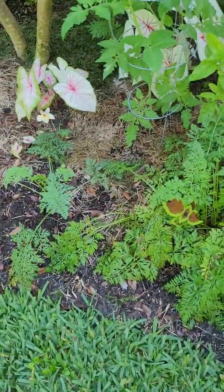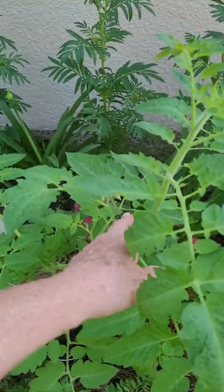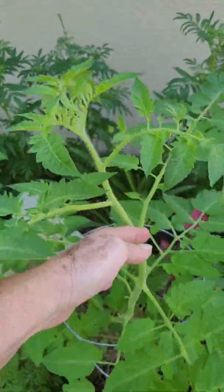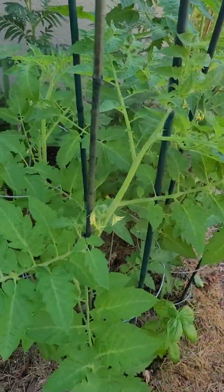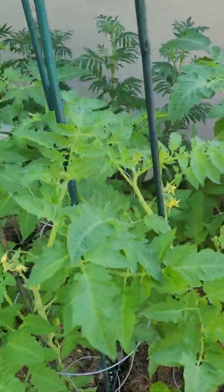And the carrots are all growing nicely. I just did a tour back here last week, but I've gotten so much more growth in, I mean, goodness, in just a week's time. It's incredible. And yesterday I showed you my big surprise was that I was getting,